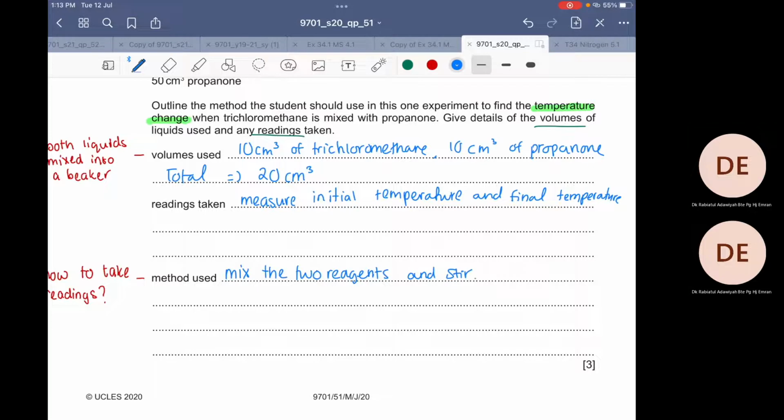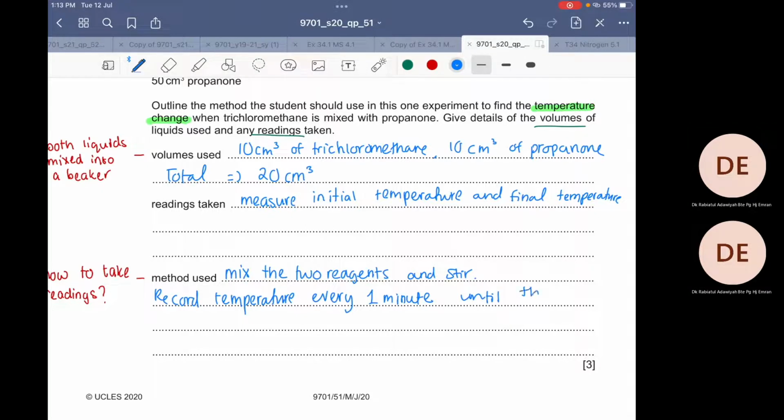And then we want to record temperature every, what's the interval that you would like to use? Every 30 seconds or every minute? Okay, every 60 seconds is fine. 30 seconds is also fine, just not every 10 seconds. That's too much. So every 1 minute is also fine